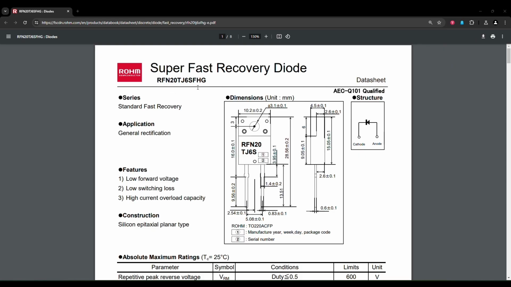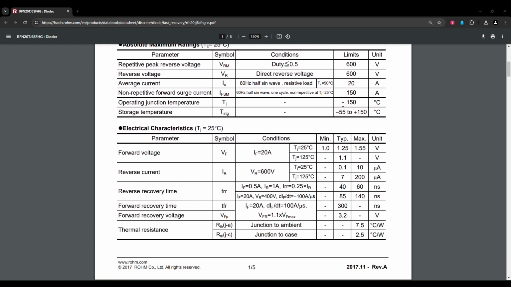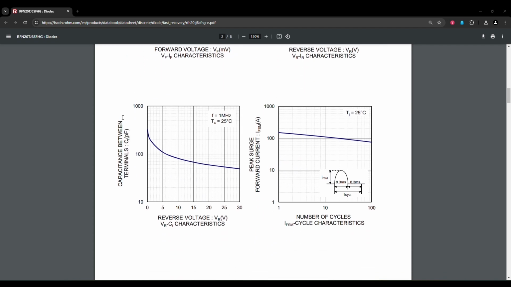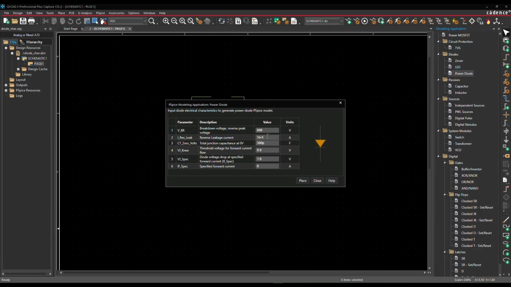This is the datasheet of a fast recovery power diode. Scroll down to find the relevant parameters which can be entered directly in the modeling app. For parameters VJ-knee and CT0 volts, find suitable graphs and enter the values according to the description. After entering all the parameter values, click Place, which generates the diode model attached to a symbol, and place it